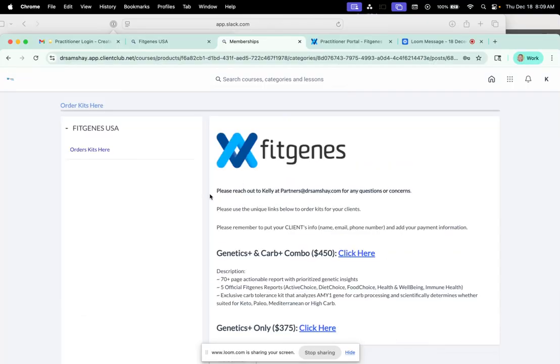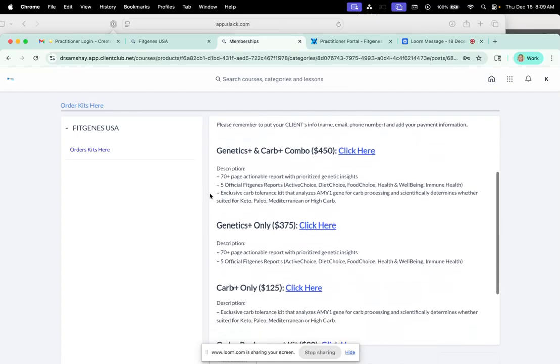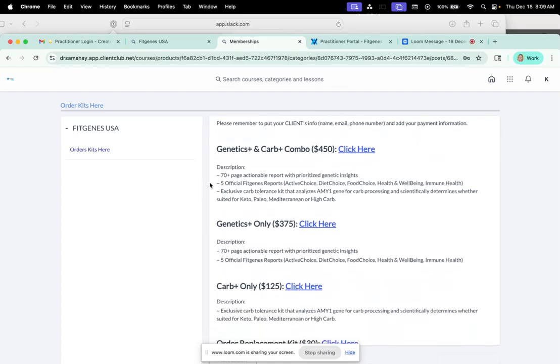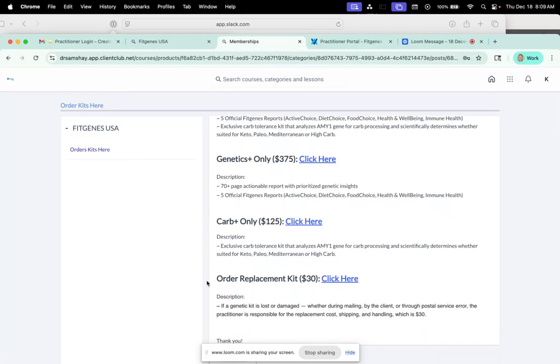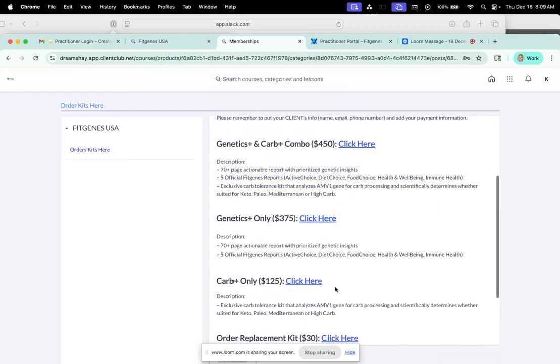This takes you to the page that has your 3 choices of the kits that we offer. We always recommend the genetics and carb choice because it is a $50 savings, but you can also order the test separately. If your client loses their kit, you can order a replacement kit here. So let's look at ordering the combo kit. You would click here,